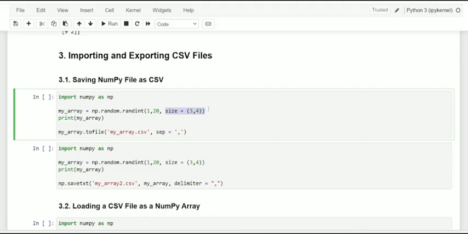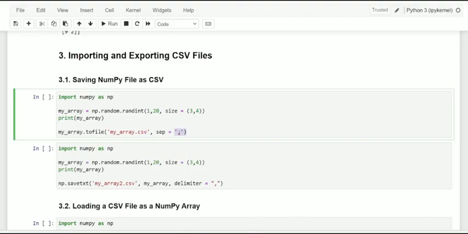Let me create it as an array, and of course we are going to store it as an array in a CSV format. And each and every piece of data which we store is with a separator of a comma.